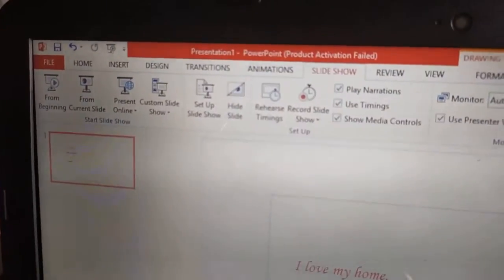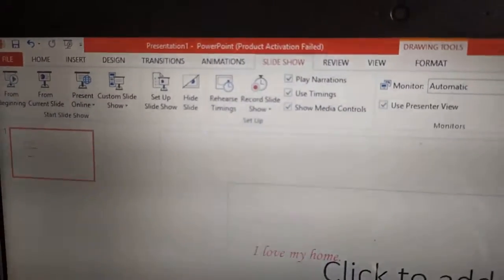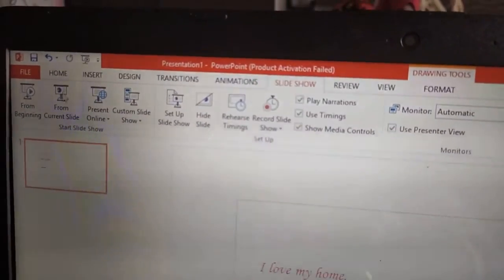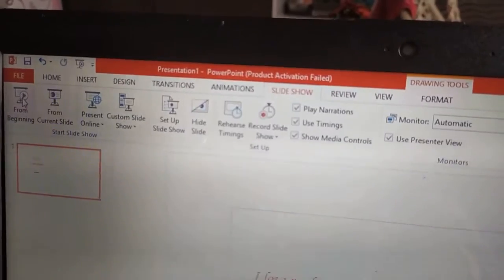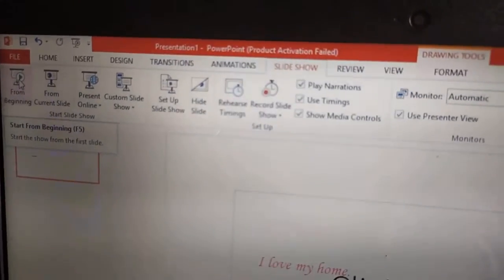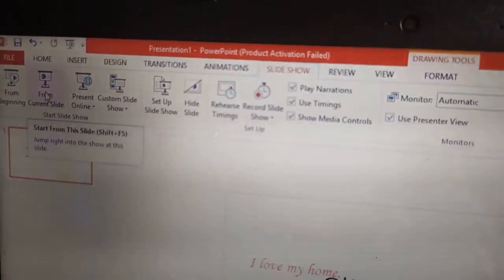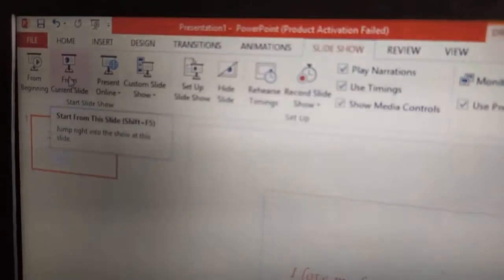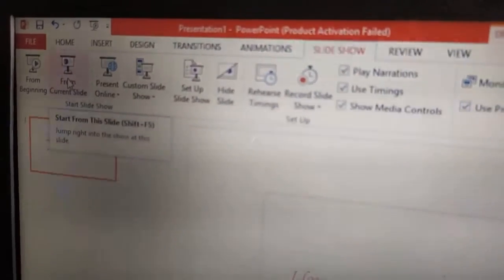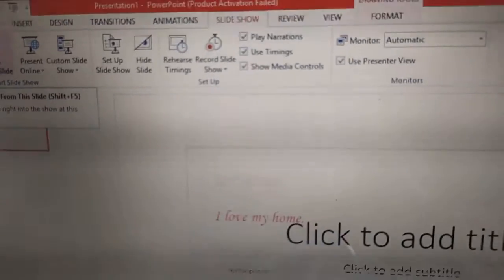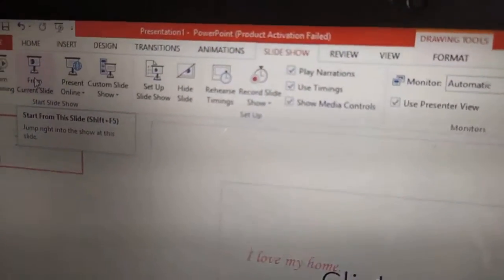This is the slideshow tab, and this one is the from beginning button. Then we have the from current slide, the slideshow will be started. That means whatever slide is open, from that slide the slideshow will start.